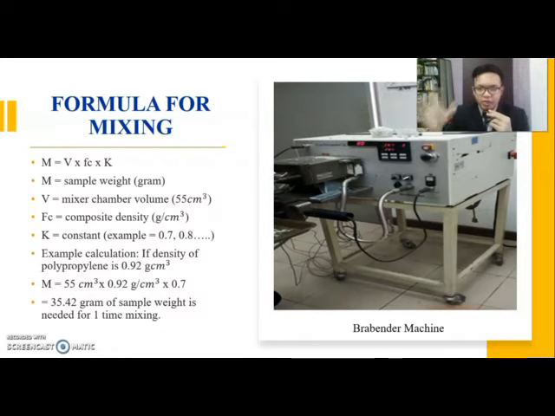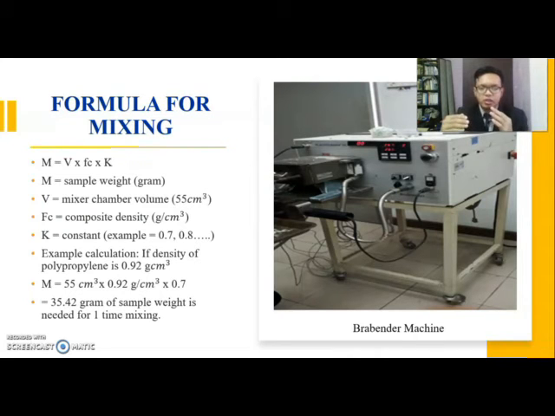So for the one-time mixing, we need 35.4 gram. If the percentage of glass fiber is around 3%, we multiply by 0.03, so around 2 gram of glass fiber and around 33 gram of polypropylene. So we mix it for the first time, and we need to repeat it